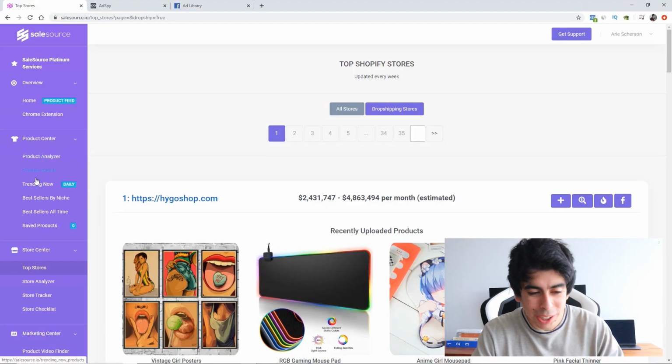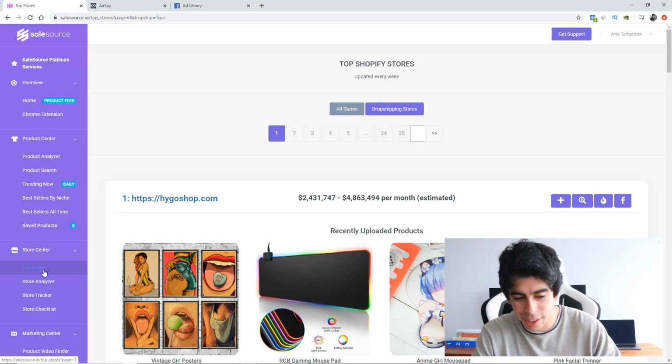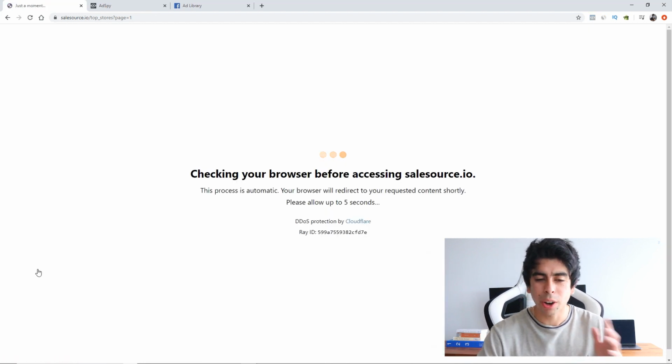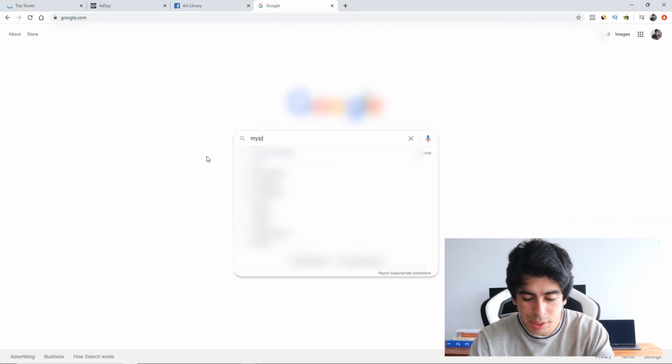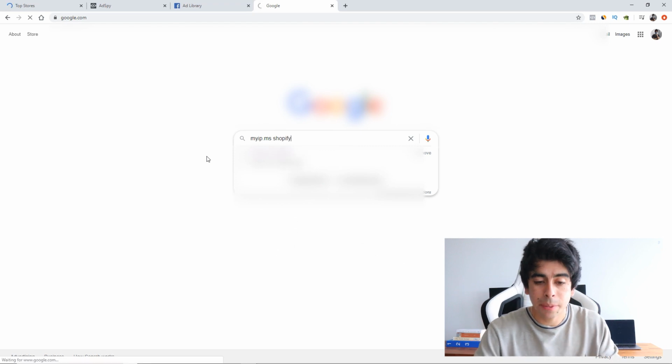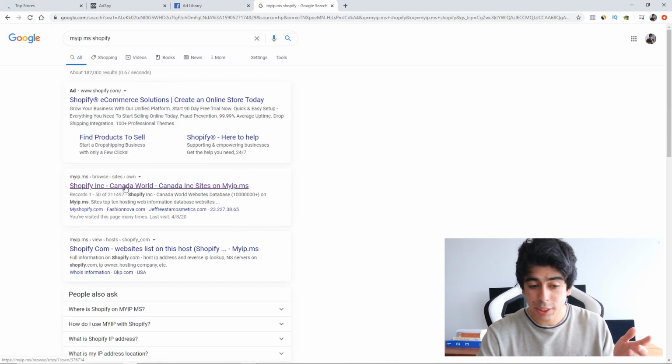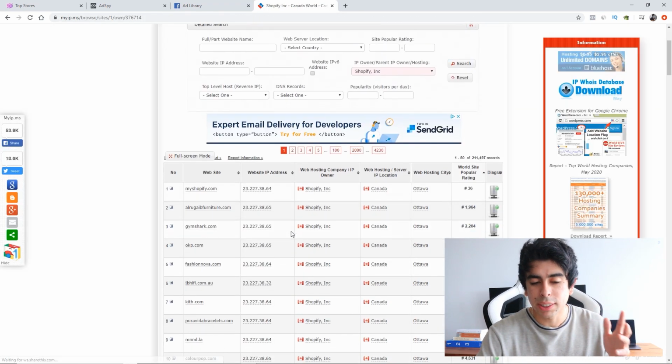So, diving straight into it, as you can see, I already told you the tools that I'm going to be using, and the first thing that we need to do is find some stores. I'm literally doing this live. I have not looked for stores yet, so you're going to see my whole process. What I do here is I go on SalesSource and then I go to top stores. Now you can also find the top Shopify stores by doing this. You go to Google, you type myip.ms Shopify, and the first link right here is basically all of the top